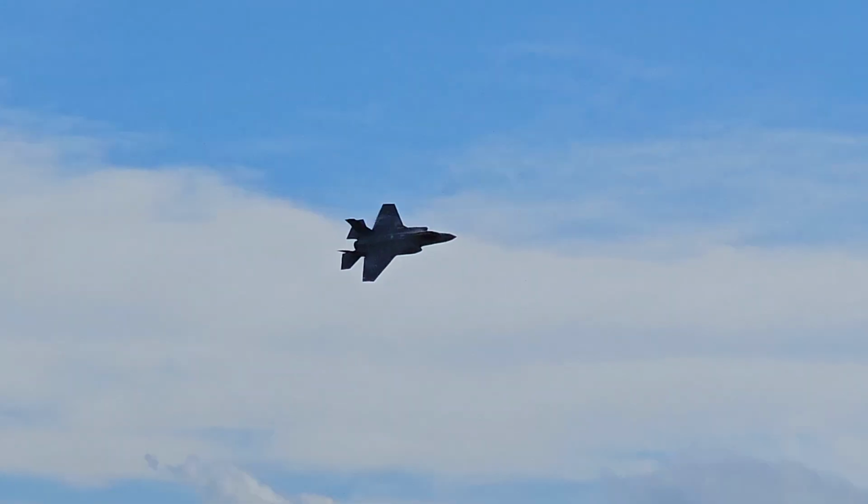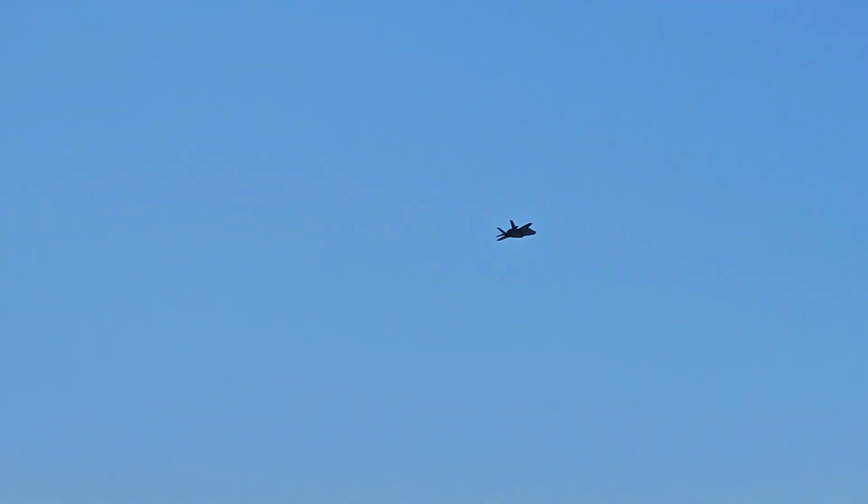Now the canopy up, great opportunity for photos. Listen to it roar. Some nice echo over the wings there, that creates its own cloud over the top of the wing. Yeah, you actually see that when you're dogfighting, you don't notice it because you're staring at the other aircraft, and then every now and then you'll look left and you'll see all this ectoplasm over the wing when you're flying high and upper. So this aircraft is capable of up to 50 degrees of controlled flight at 50 degrees angle